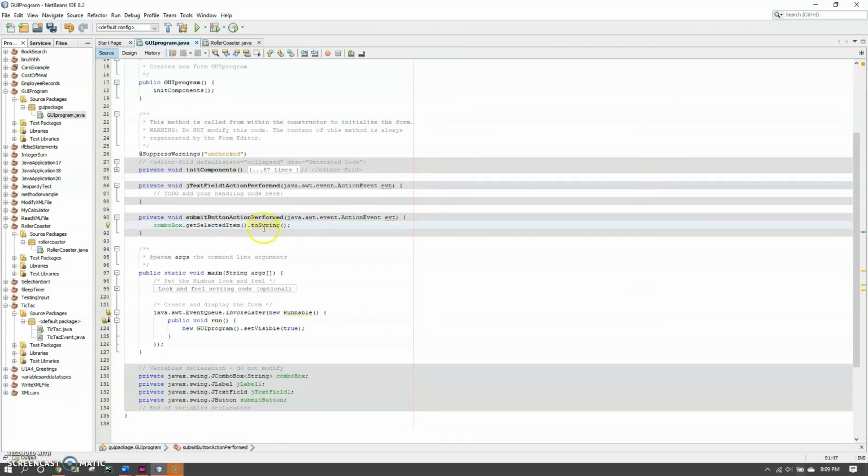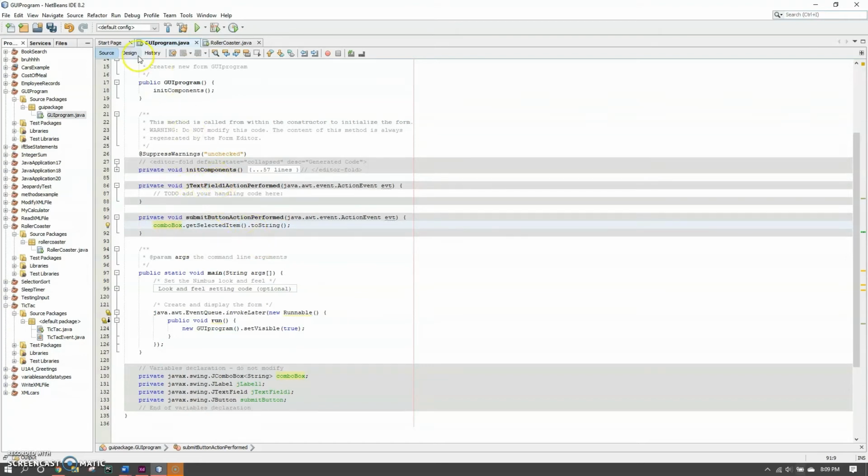Now, what we have right now is this huge line of code to get the value of whatever is selected and convert it into a string. But what exactly can we do with this long value? Well, if we want to output it onto the text field, then we can apply the same learning as before. So all we have to do is do the following right here, which is